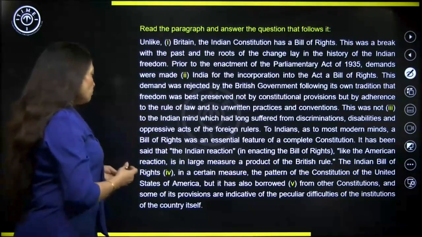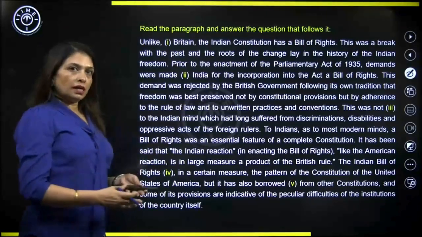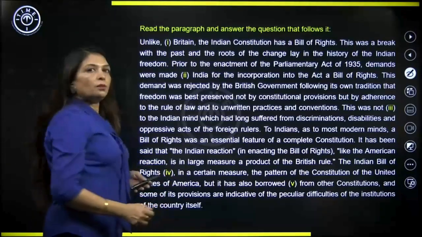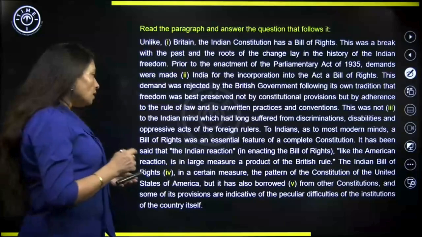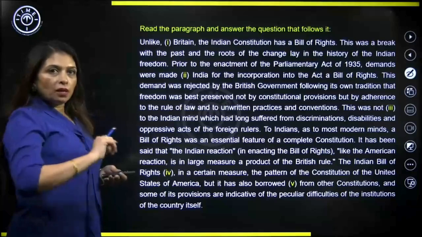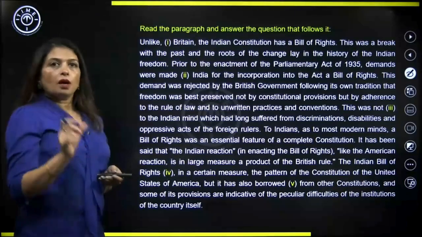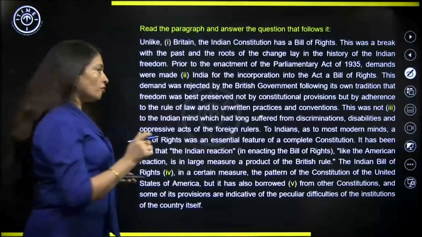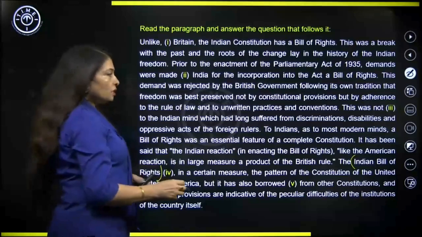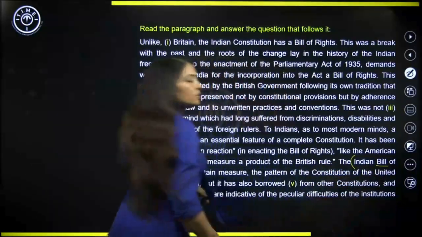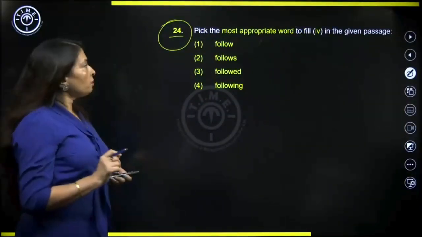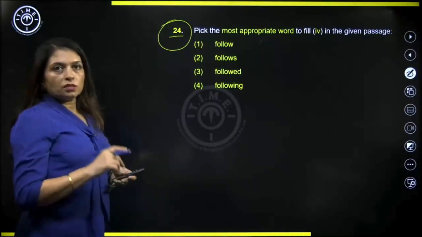So, the reference is to something which is contained or which is a part or a feature of the bill. So, we have to have a verb which is in the present tense, and because the reference is to the Indian Bill of Rights, the Bill of Rights, this phrase, the noun phrase is in singular form. Okay, Indian Bill of Rights. What is the subject? It's bill, which is singular and not rights. Okay, so these two things have to be borne in mind when looking at the choices and narrowing down to